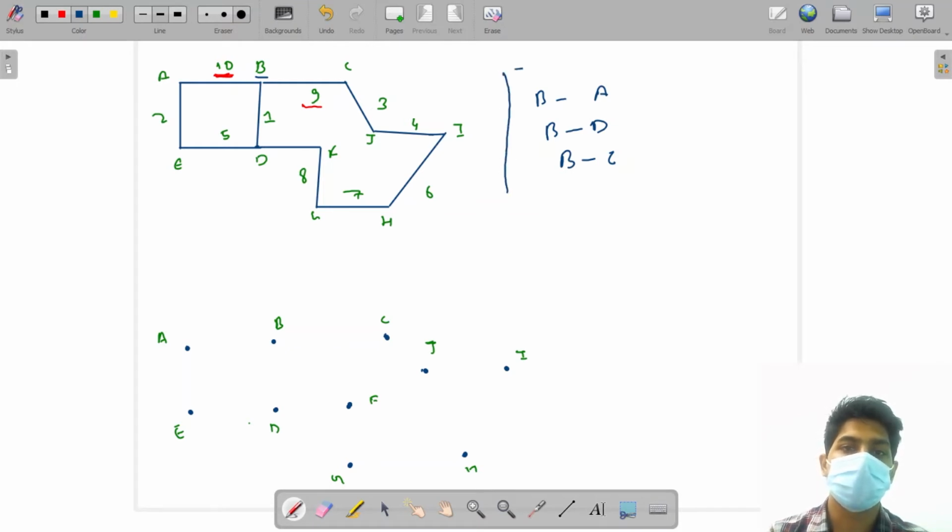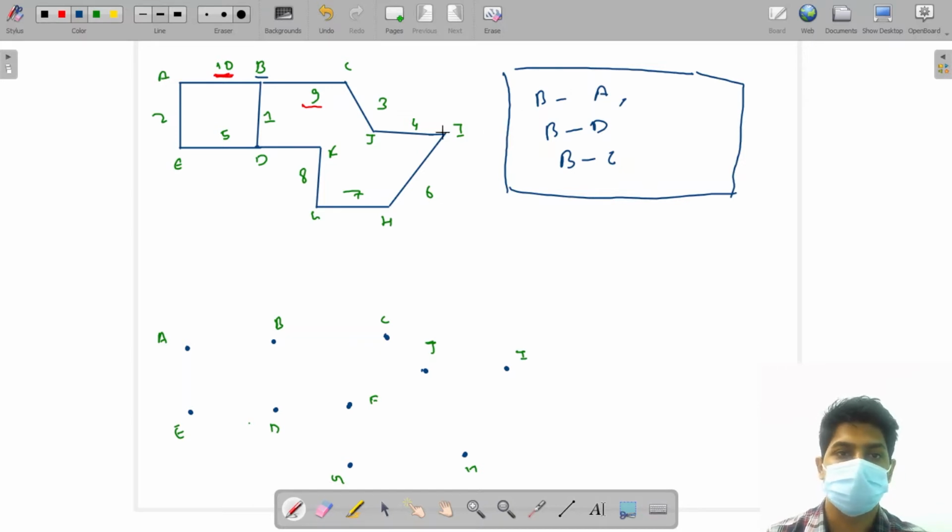Okay, suppose I have these in the priority queue. It is a minimum priority queue. One has a cost of 1 unit, one has a cost of 10, one has a cost of 1, and B to C has a cost of 9. The priority queue gives the minimum element, so we take the minimum element on the basis of weight. So I am at B. What I can say is that for the current moment, B to D is the minimum cost at which I can connect.